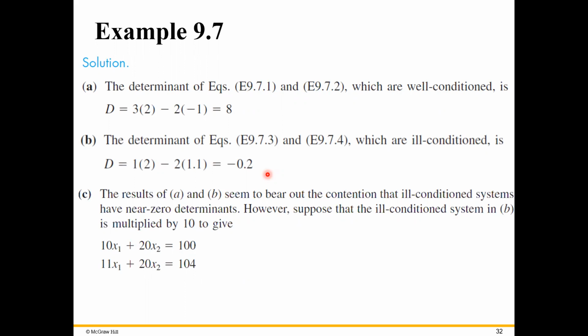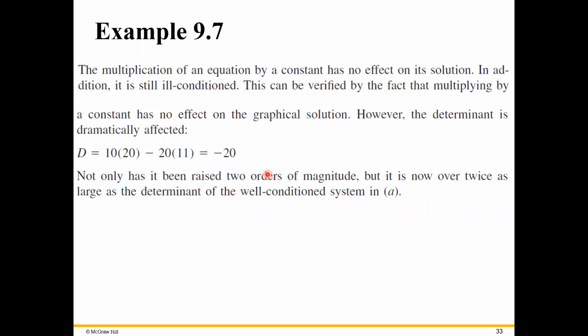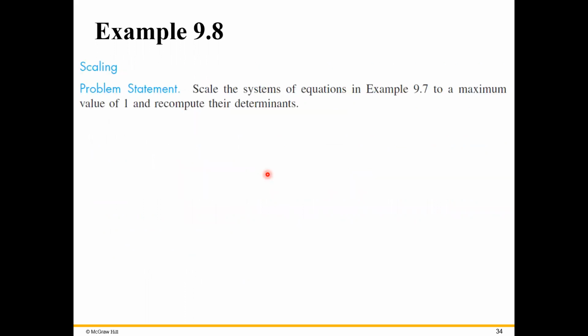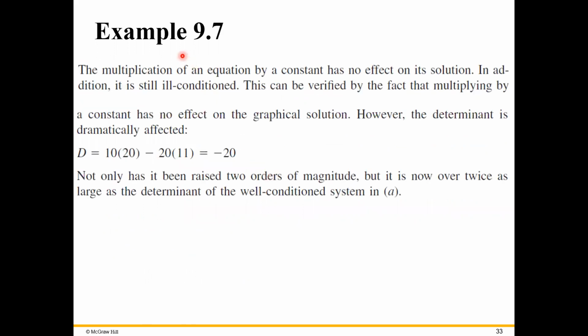The system will still remain ill-conditioned, and that we can also see by just simply changing some value of the coefficient slightly, and then we can see that there will be a large difference in the solution of the equations. So this example 9.7 is about this type of situation, that there is no change in the conditionality of the system. An ill-conditioned system remains an ill-conditioned system